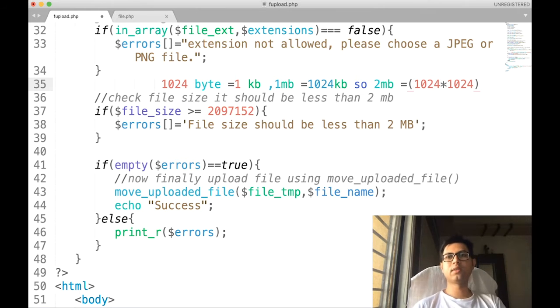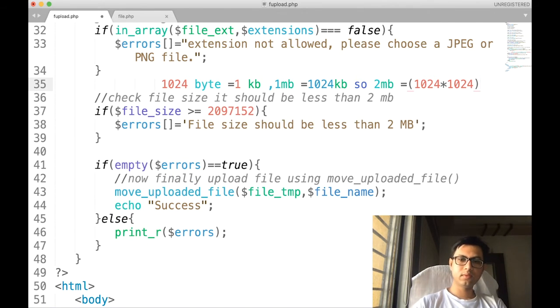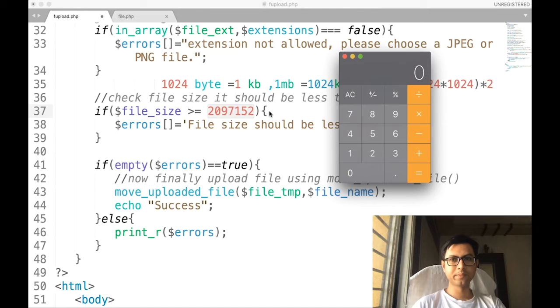Up to this, we convert to bytes from kilobytes, and if we want 2 megabytes, then we have to multiply it by 2. So the answer of this multiplication is this. That is why I had written this over here. Of course, we can cross check using a calculator.